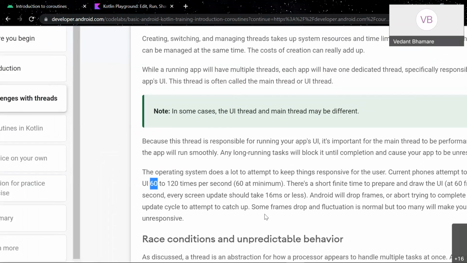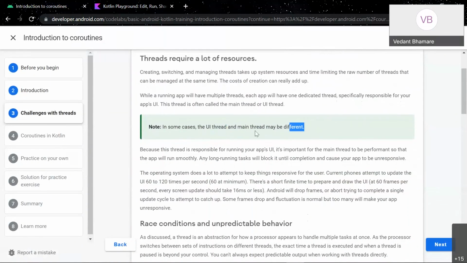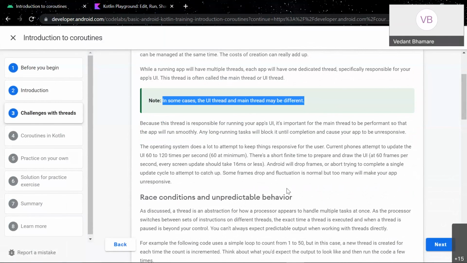So this is why coroutines are used, and why API calls and calculations are done on different threads. We only get the data from those threads and supply it to the main thread, and then the main thread only does the work of displaying that data to the user on the layout. So that was one of the points I wanted to stress. This is the major reason why we use coroutines and why we talk about multi-threading and concurrency. So yeah, that was it.